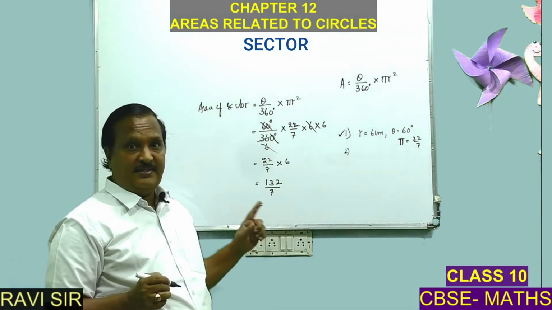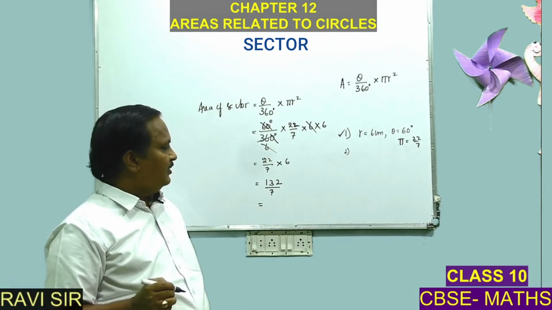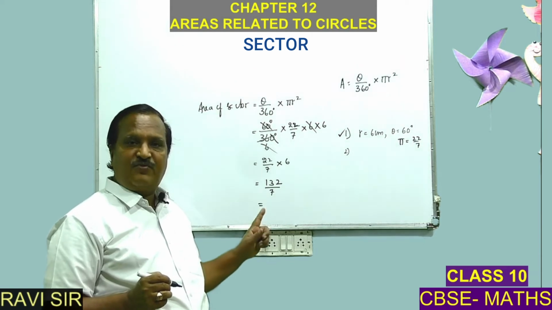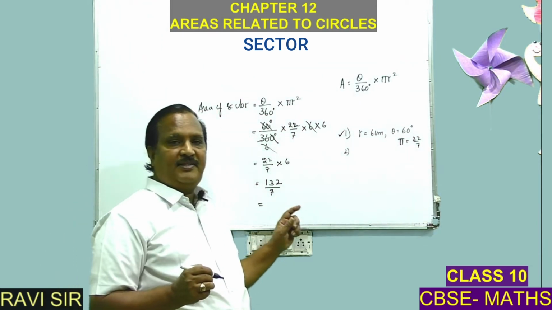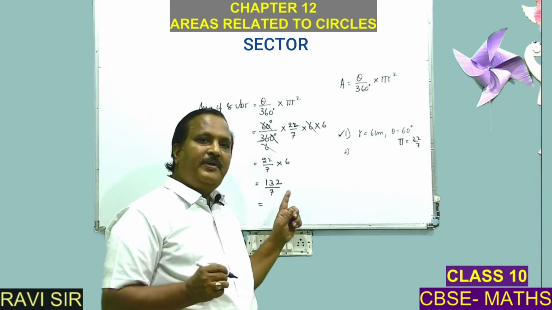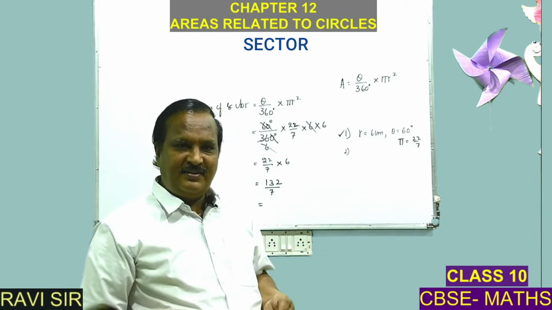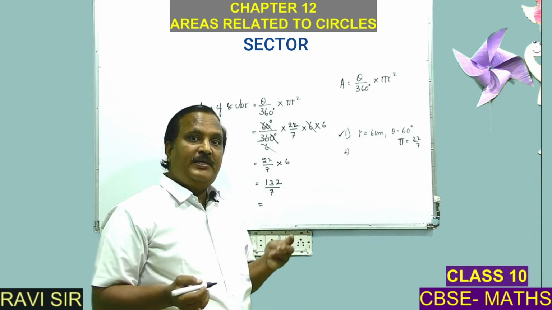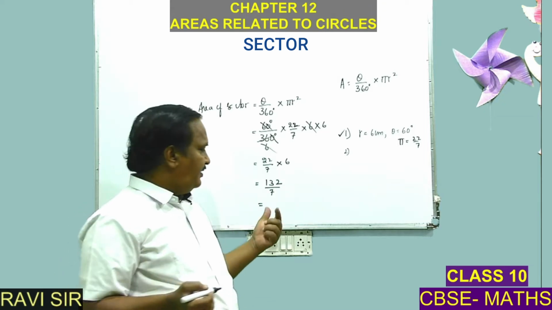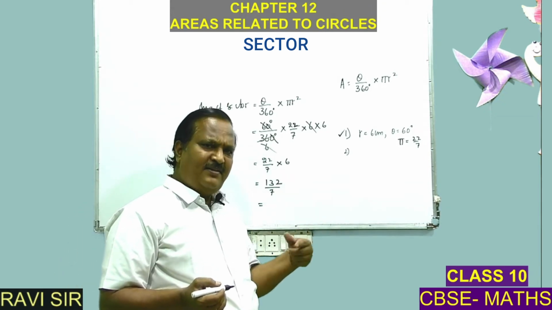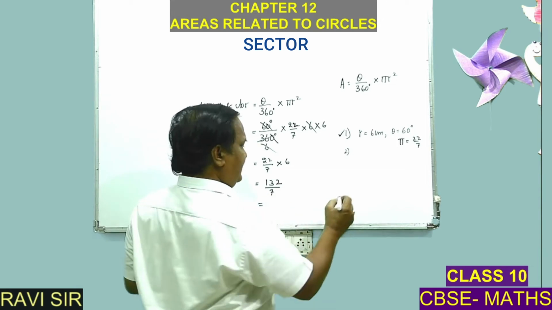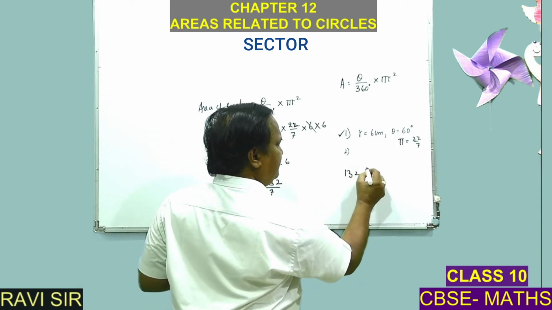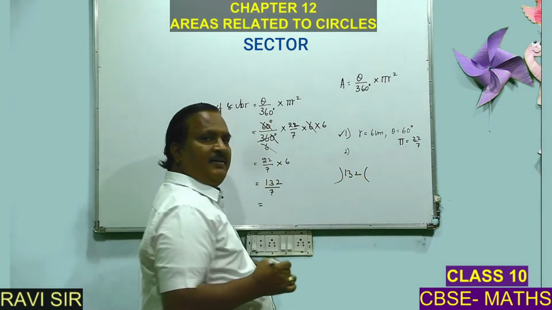You have to write it in the decimal form or mixed fraction. Answer should not be in the improper fraction. That is a basic rule. It is improper, right? So, answer should be either in the mixed fraction or in the decimal form. So, better you put it in the decimal form. So, do not have laziness in writing this. It is very simple. All of you know the divisions.